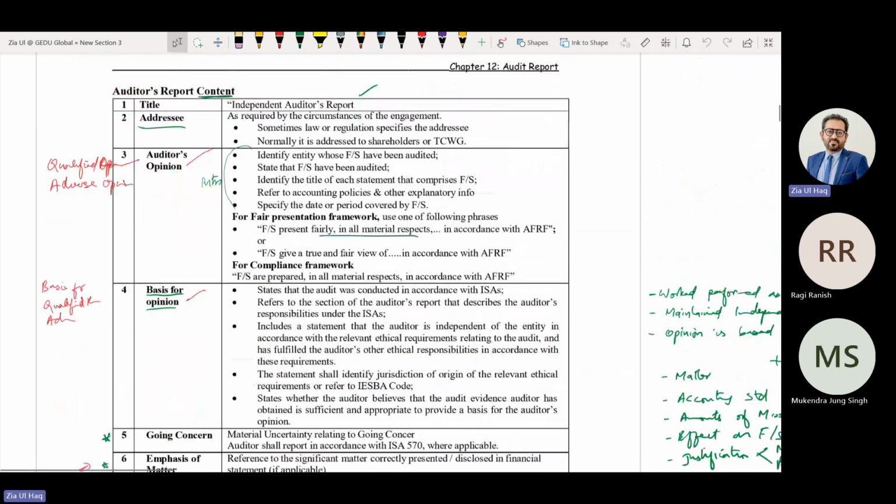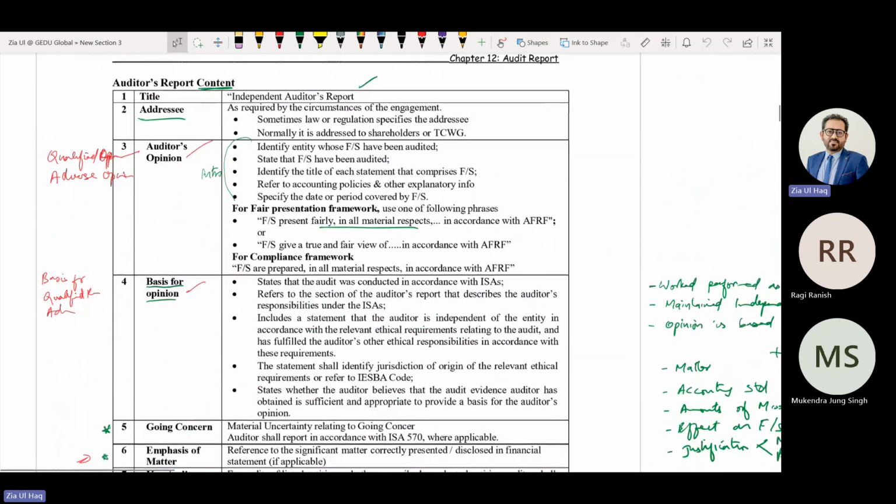If there was a matter on which we have qualified the opinion, where is the matter on which we qualified the opinion explained? In the basis for opinion paragraph. Obviously, from an audit point of view, it is a key audit matter as well. We don't need to repeat it in CAM. If there is any other matter that we want to highlight in CAM, we can highlight it, but the matter on which we have qualified the opinion, we have explained the reason behind the qualification relating to that matter in